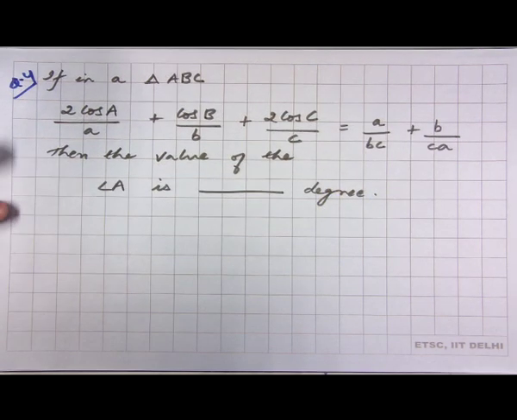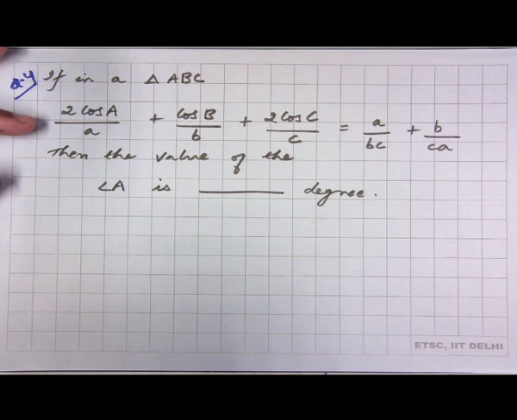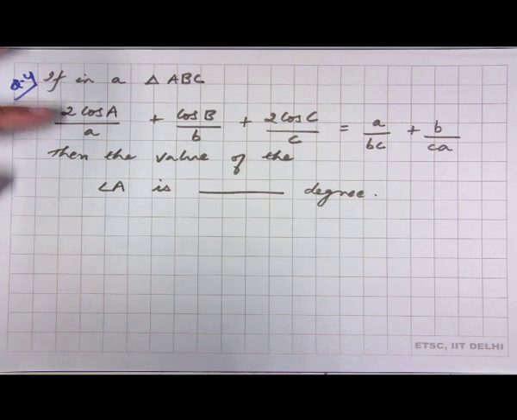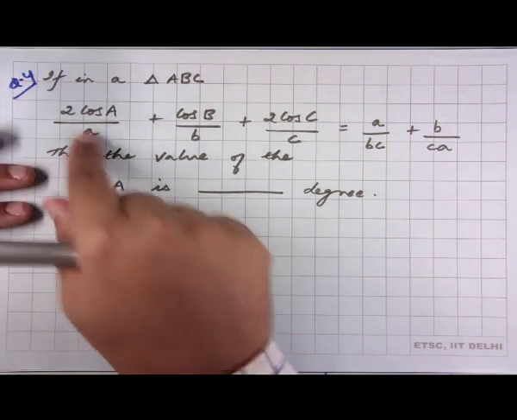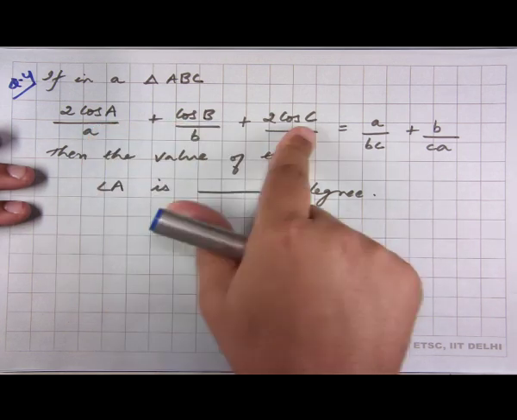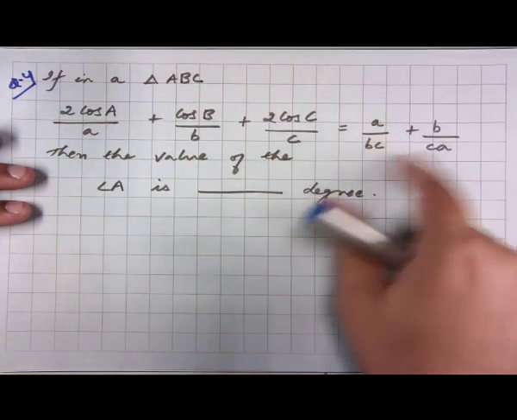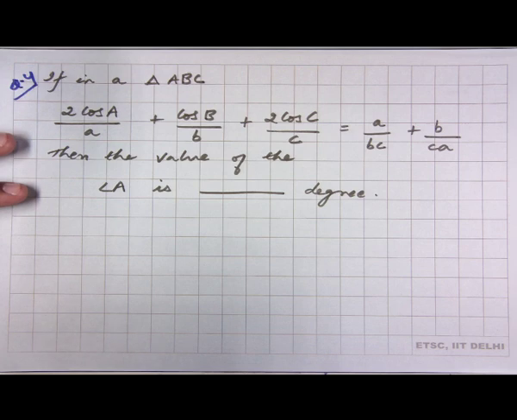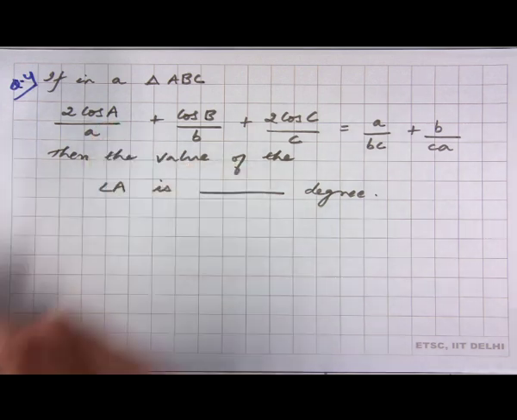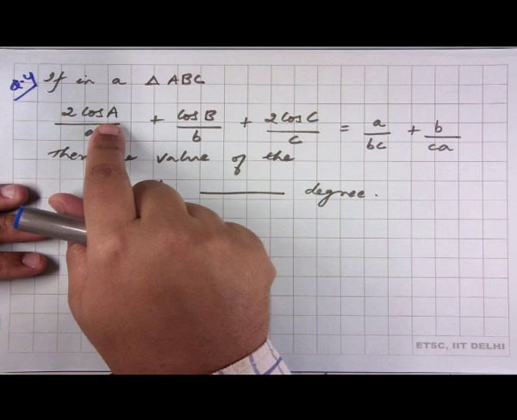So, let us look at the fourth problem. It is mentioned that in a triangle ABC, the sides and the angles satisfy this equality, and we are asked to find the value of the angle A in degrees. So, since we have the cosine of A, B and C, and at other places we have the lengths of the sides of the triangles, it immediately comes to mind that we must use the cosine formula. Because the cosine formula expresses the cosine of the angle in terms of the lengths of the sides of the triangle. So, if we replace these cosines